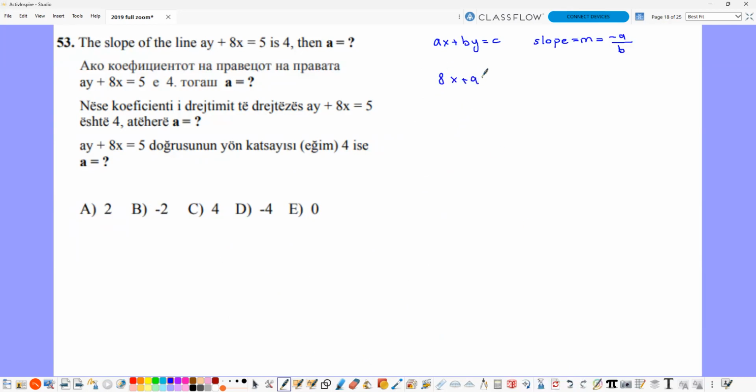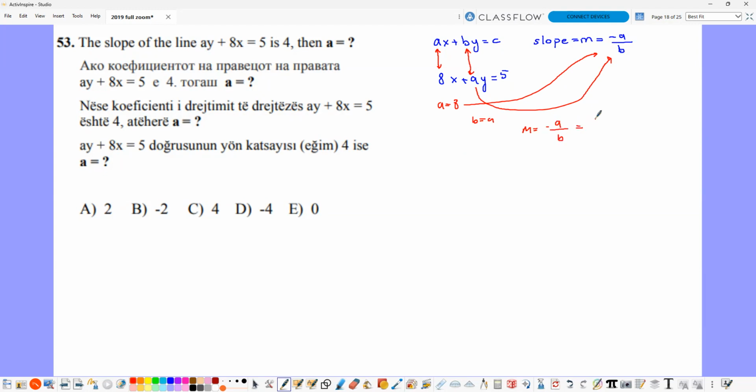8x plus ay is equal to c, which is equal to 5 here. Then a should be equal to 8 and b should be equal to a here, actually. So a is equal to 8 in the formula and b is equal to a in the formula. So with respect to b is equal to a, m is equal to minus a over b, which is equal